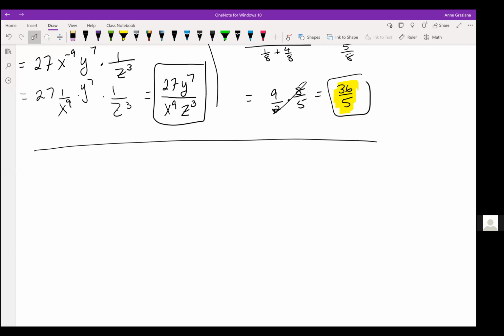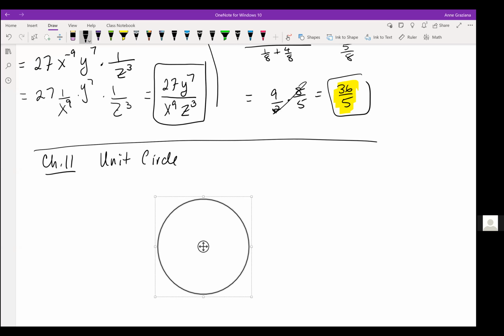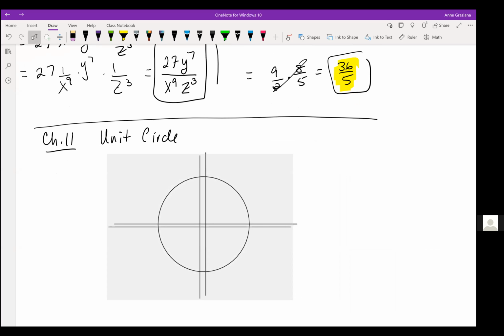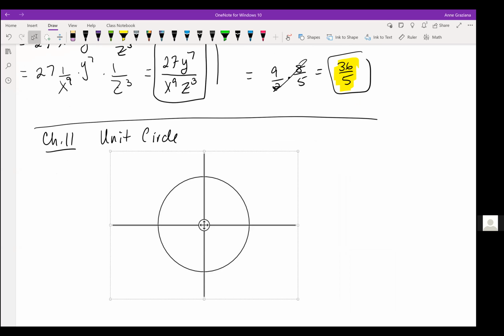All right, so we are going to continue with chapter 11, which is our study of this unit circle. Just to review what we talked about yesterday, here's my circle, and I'm going to put it on the XY axes. Yeah, that looks pretty good. And then I have X, Y. Now, with it being a unit circle,